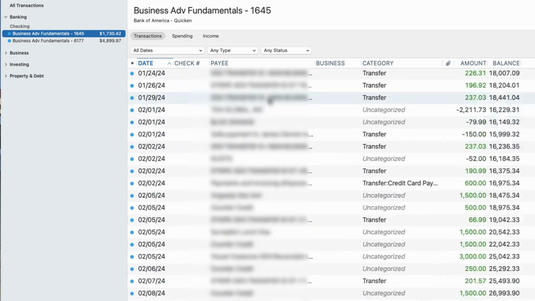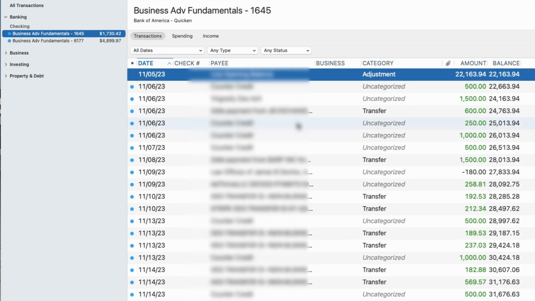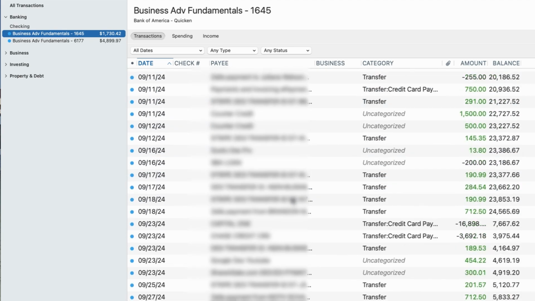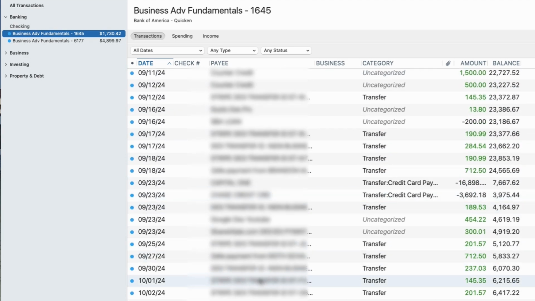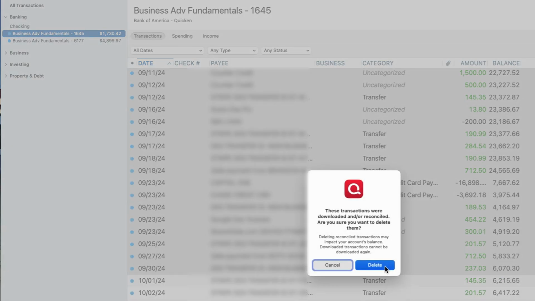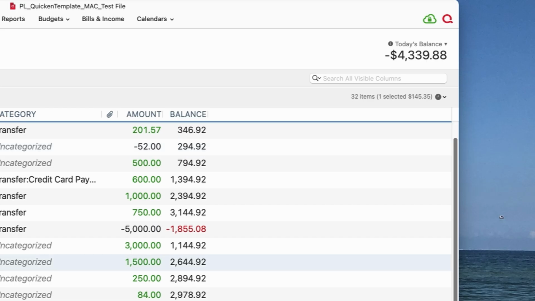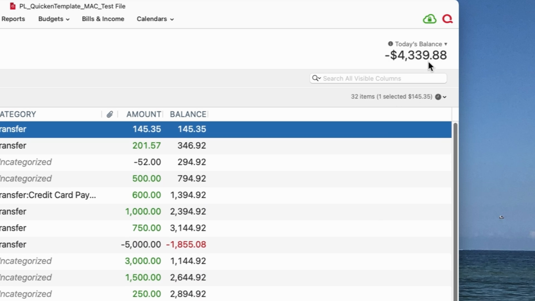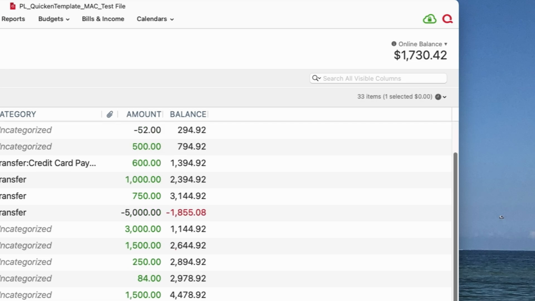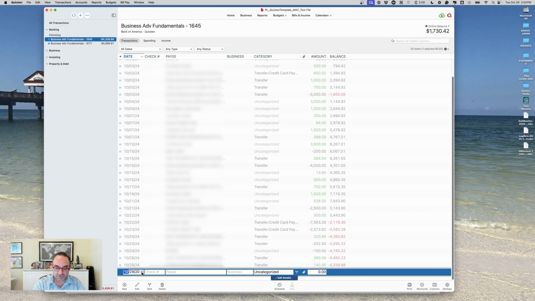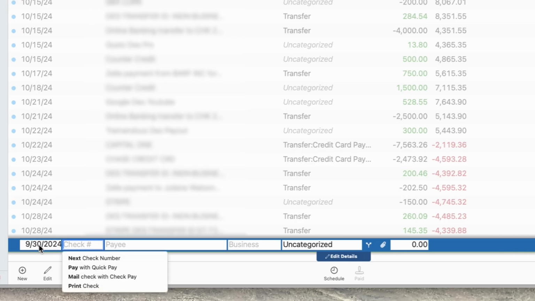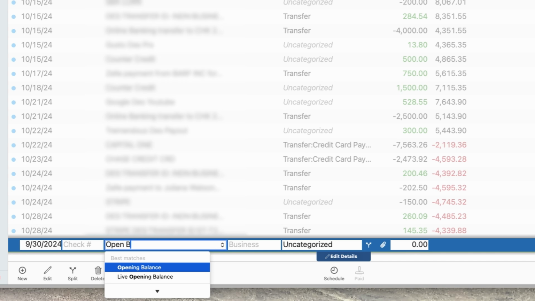So if I go in here and delete all those transactions again, along with the opening balance, what's going to happen is my Quicken balance, today's balance, is going to be completely different. Look, it's negative, but you're like, wait, why is it negative? Because the online balance says 1730. Well, it's because we deleted that opening balance. So what we're going to do is enter, we could do it on 9/30/24, open balance,